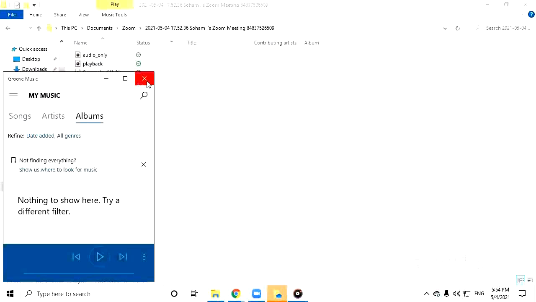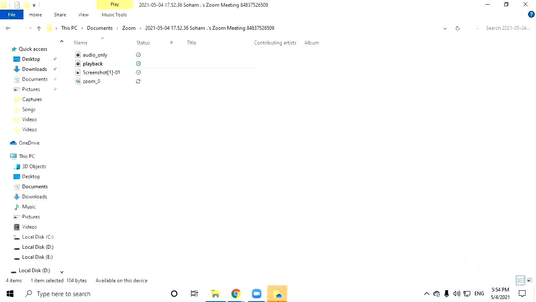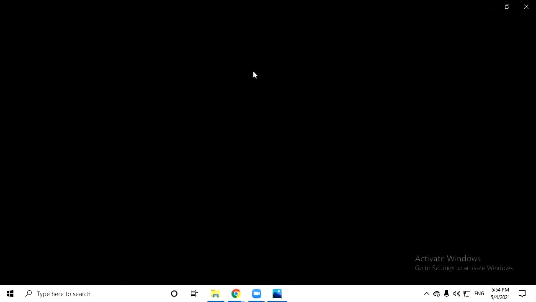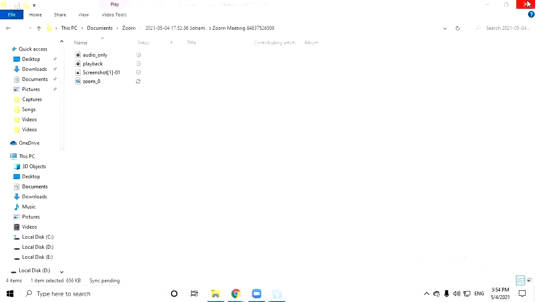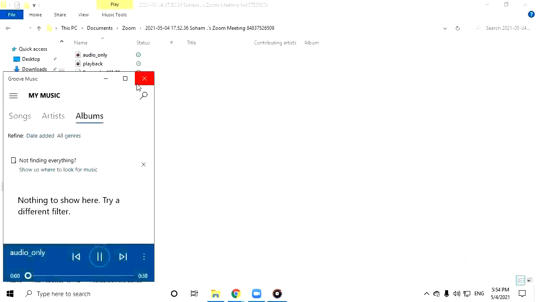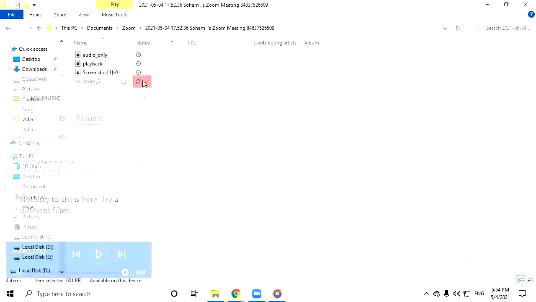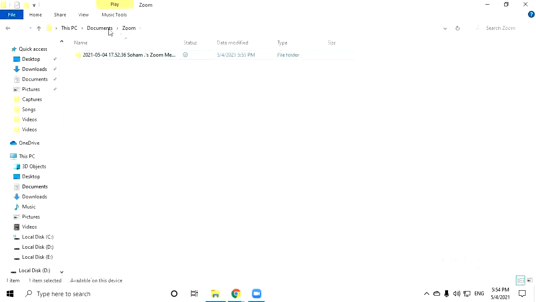So now if your default music player is Groove Music, that can also be controlled, that can be chosen from here. The screenshot is here, and this one is just your logo. And now this one, the recording: since I had not spoken anything, it hasn't picked up anything yet. So that is the powers of the host.